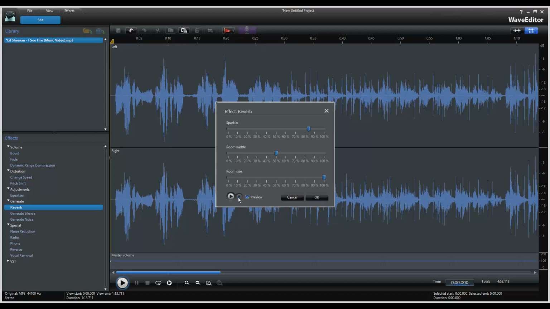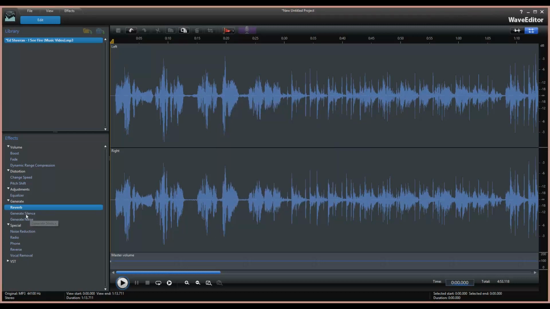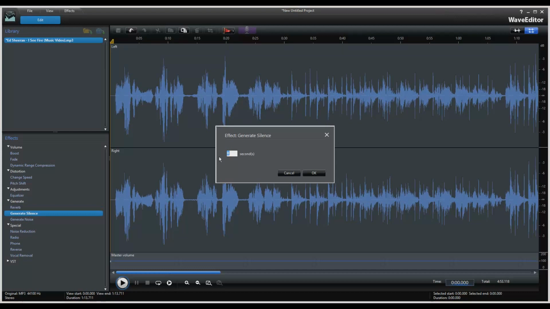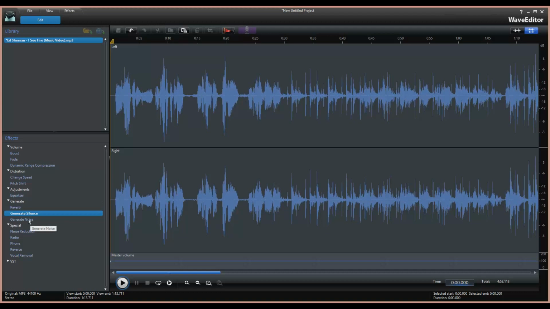Now, I'm not pretty sure where this can be heard, but it is still an effect. We can also generate silence for the first few seconds before we start, but there is no preview option for that, so just keep in mind that there is this effect, but you cannot preview before applying it to your audio. Then we can generate noise,